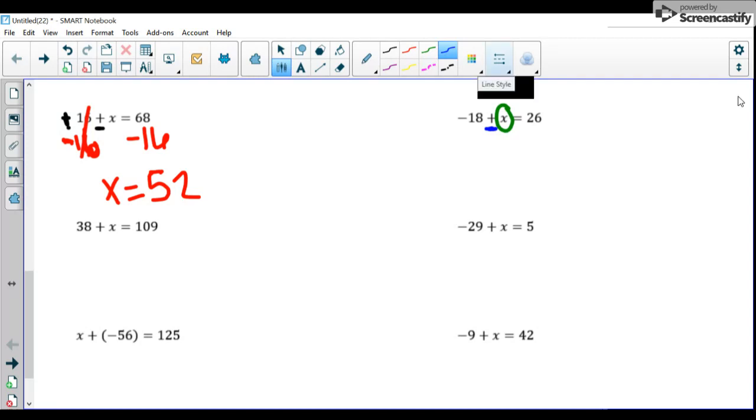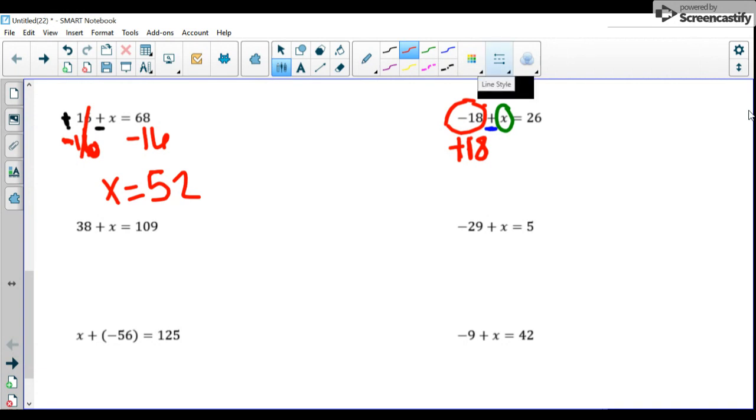We're looking at what kind of number is 18, which I just told you is a negative number. And we're trying to ask ourselves, what is the opposite of negative 18? Well, that's going to be positive 18. So the opposite of negative 18 is positive 18,